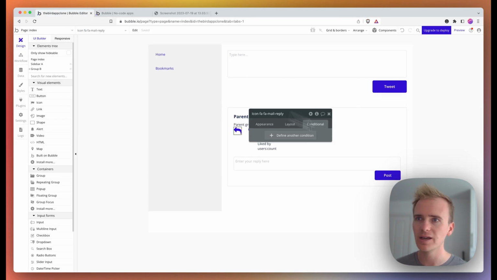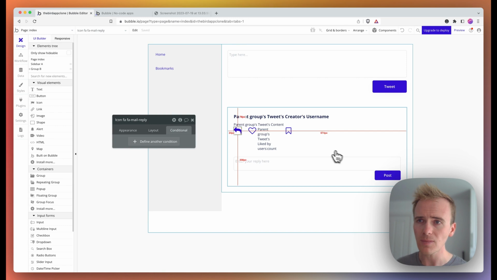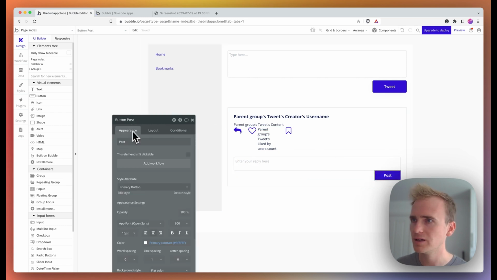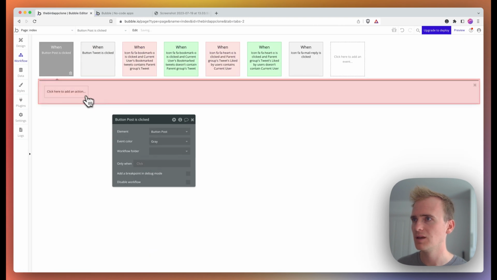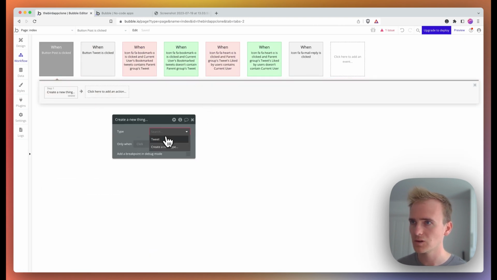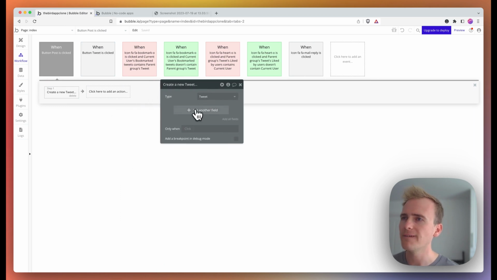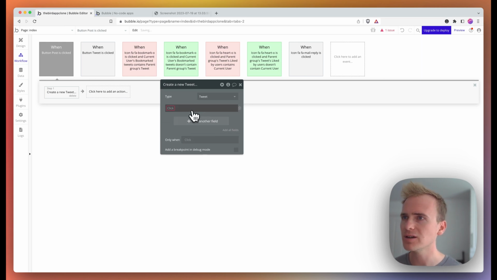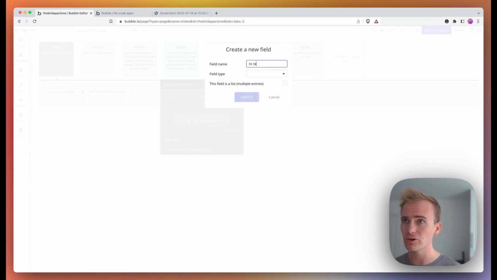So I need to add in a workflow. Add workflow when post is clicked. And so we will say create a new thing, tweet. Now I'm going to need a way to link this tweet to the original one that I'm replying to. So I think I will do that by saying create a new field, and I'll say in reply to